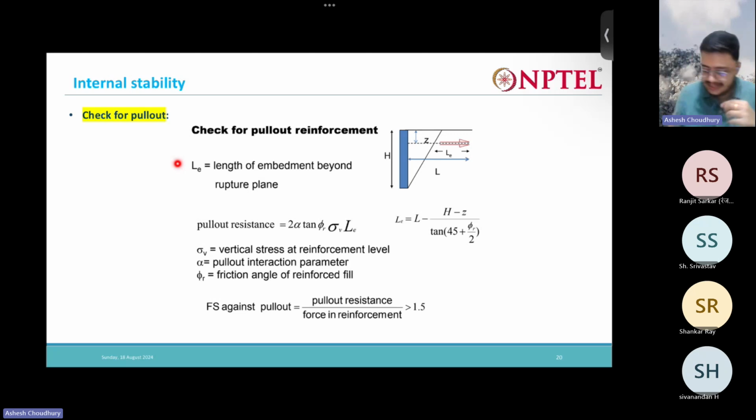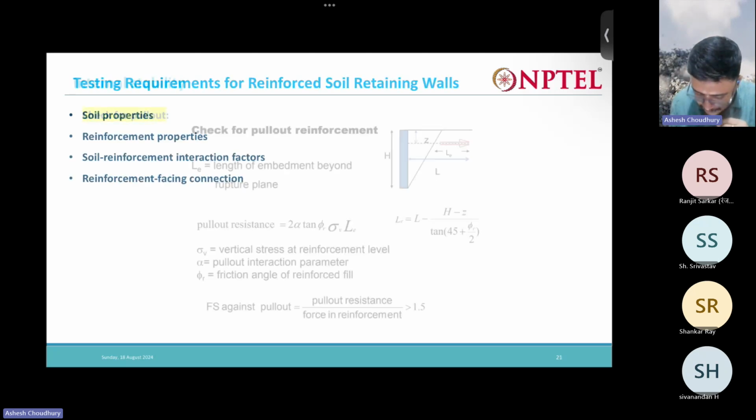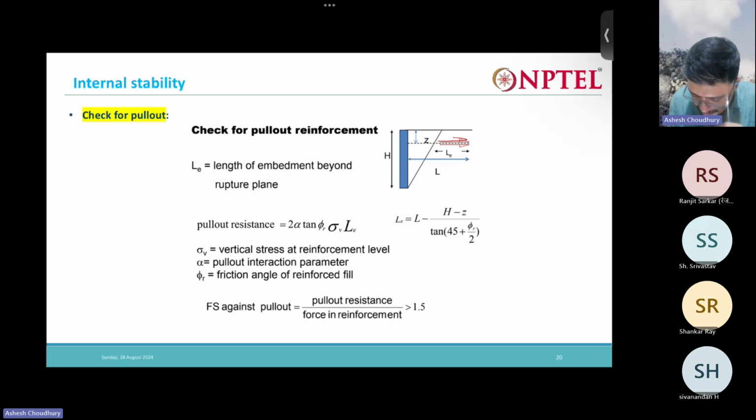So see, this is the reinforcement. There are frictional forces, shear forces that are mobilized at the top surface of the reinforcement as well as the bottom surface of the reinforcement. At both faces, the frictional forces are mobilized. So we have two here. Now, what is the frictional force? How do we calculate the frictional force? Vertical load times the friction coefficient, isn't it?